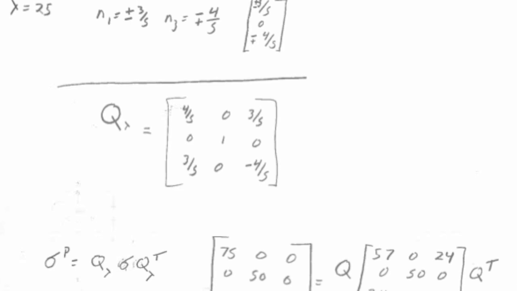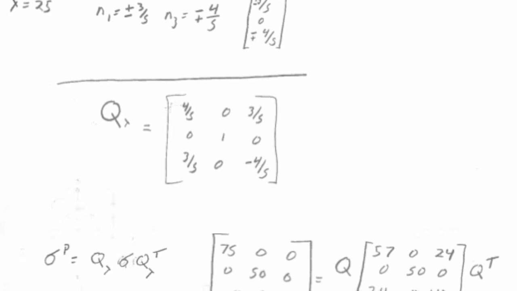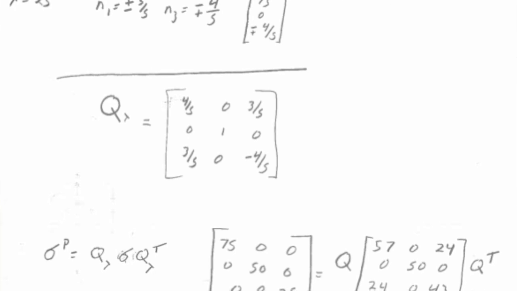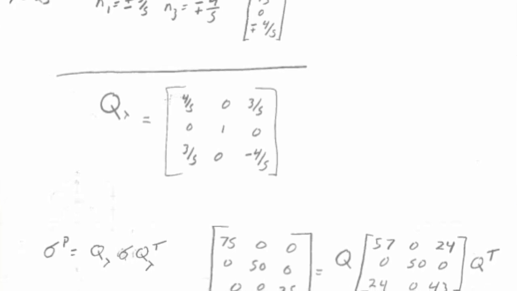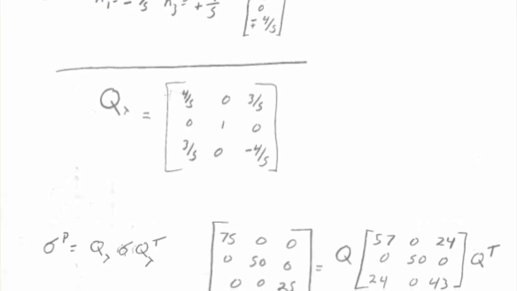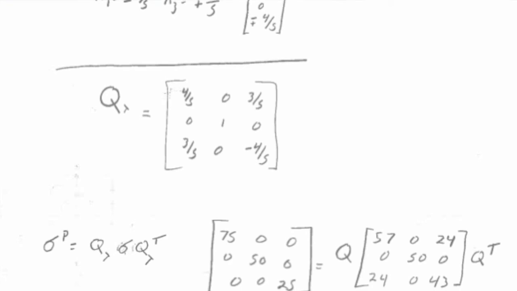Right, they tell us those are the three directions in our sample where our traction vectors are all just three orthogonal vectors that are aligned with our x, y, and z axes. Right? So